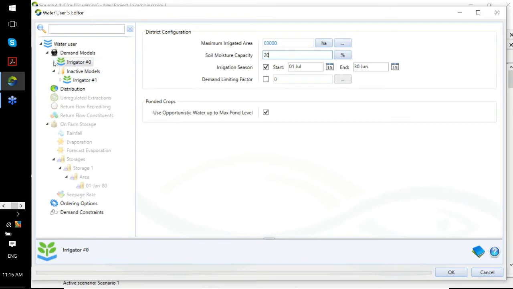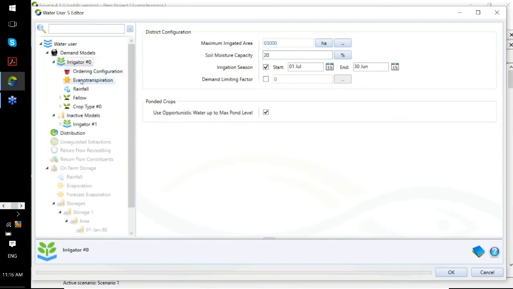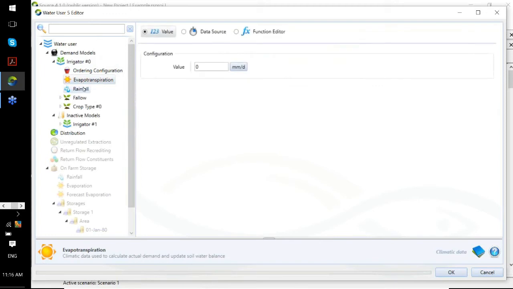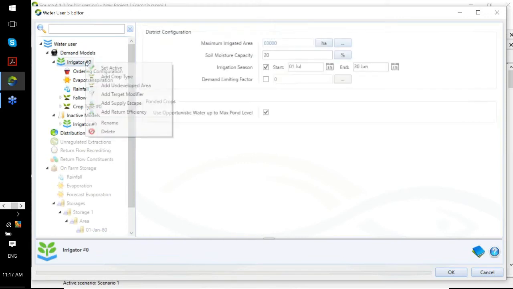The other things that we need to put into our irrigator model are evapotranspiration and rainfall, and you'll see the same options are given that we've discussed earlier at the top here. And you can download, typically you'd want to link this model to a CSV file with a daily time series of evapotranspiration and rainfall, so that you could run the model using those data. Then we have our irrigator. We can rename that if we want to rename it,